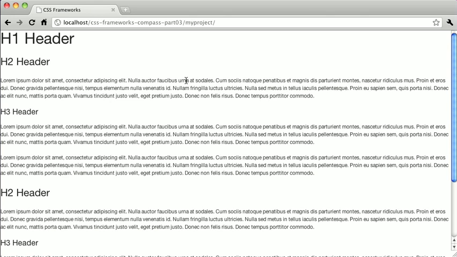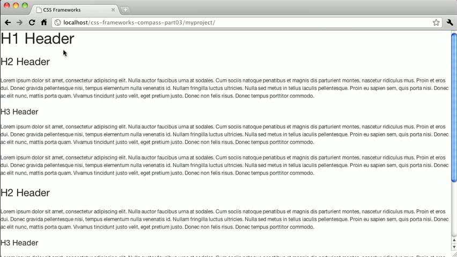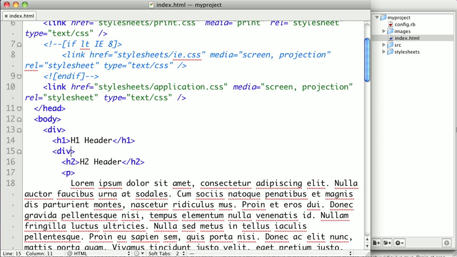And now that we've removed all of the Blueprint classes, all we have is just some HTML, and there is, of course, the Blueprint typography styling being applied. So we're going to reapply all of these columns, but we're not going to use presentational class names. So let's go ahead and switch back to our HTML again, and let's give all of these divs something more